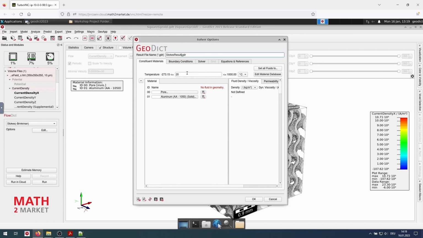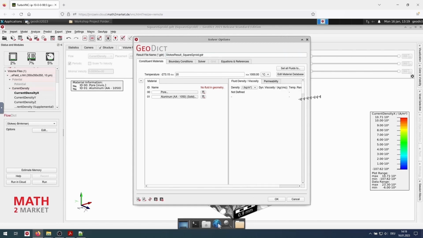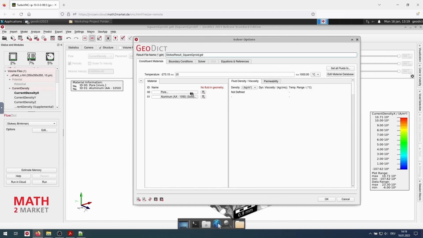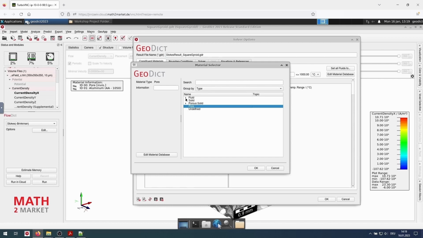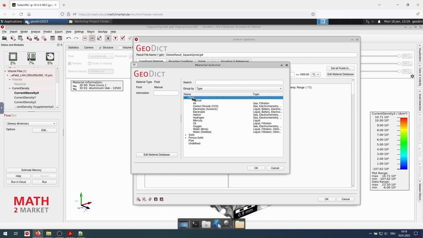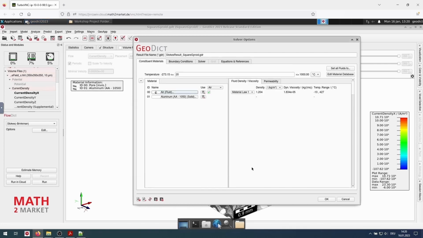We give a result file name. As pore, we select as a fluid air. We can collapse and expand by double-clicking it. And then we select air and we click OK.